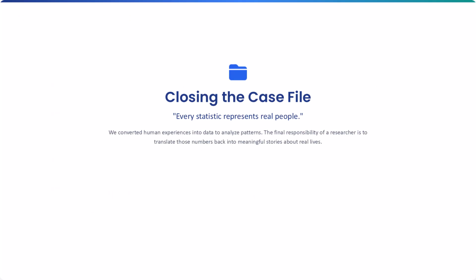In conclusion, we wrap up Chapter 11 by returning to the central philosophy of this course. Behind every mean score, chi-square test, and regression coefficient are actual human beings. Data analysis allows us to simplify complex social experiences so that we can uncover meaningful patterns, but effective presentations require us to translate those statistical patterns back into human